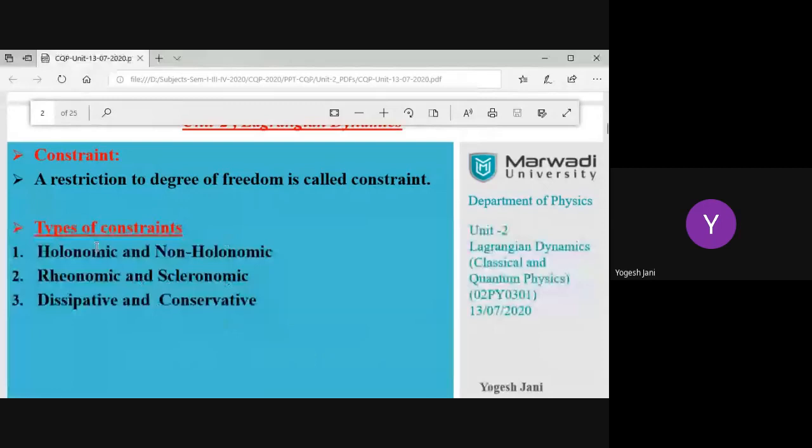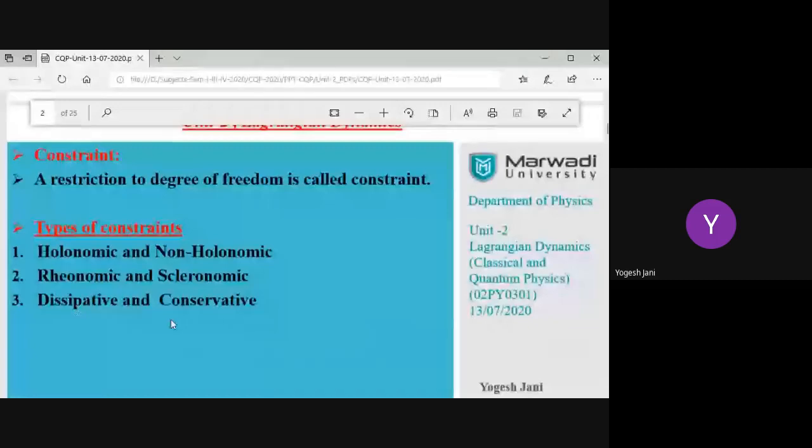The generalized coordinates and the principle that we discussed, these are the points we are discussing again and again. These points are very important. The constraints discussed are holonomic, scleronomic, dissipative and conservative. Now, what is a holonomic constraint and a non-holonomic constraint? Holonomic depends on an equation. Non-holonomic does not depend on an equation. About the rheonomic: the scleronomic is independent of time.